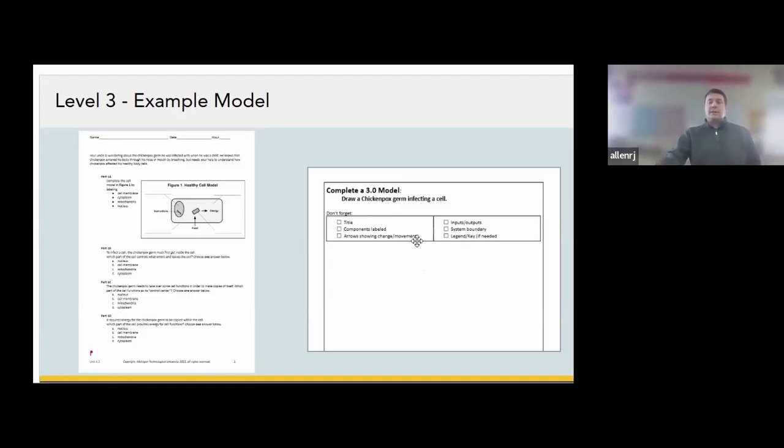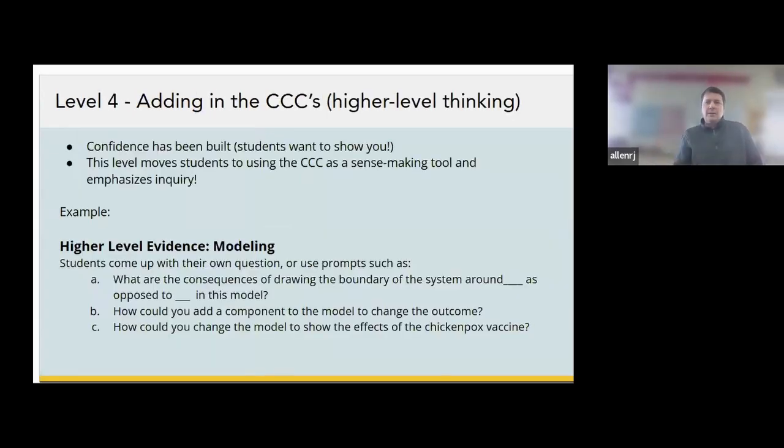They're all assessing the same thing, the same DCI about the chickenpox and the cell, but some kids are going to be looking more at the SEP, while other kids have advanced to doing a 3.0 model. And so that's how we do that. And then the 4.0 would be the CCCs, so that's the higher level